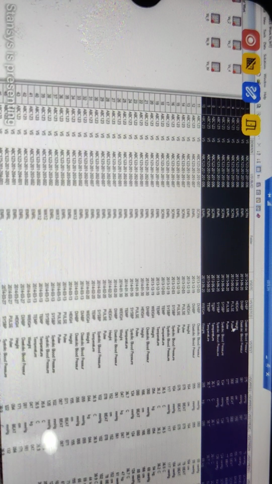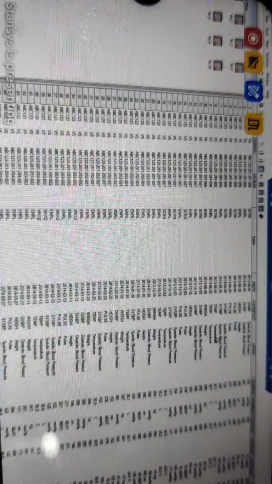For example, if you can see the first subject, this is one of the subjects. For the first two records, which are the DIABP records, only one record is flagged as a baseline, the latest one. And then height is one record, flagged as Y. And then pulse has two records, and the latest has the flag. Okay, so. But actually,